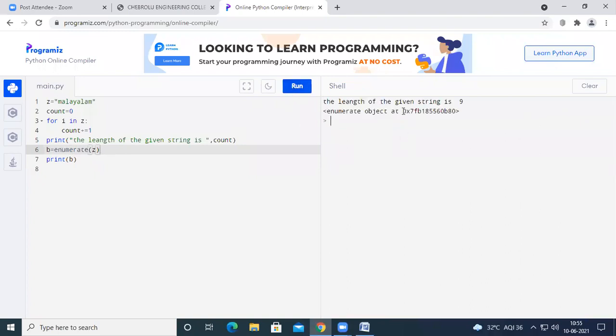It will give the memory location. But if you want to get the list of index value pairs at that memory location, you can simply use the list here. Okay, if you use the list here, then it is going to print the index and value pairs at that particular memory location.